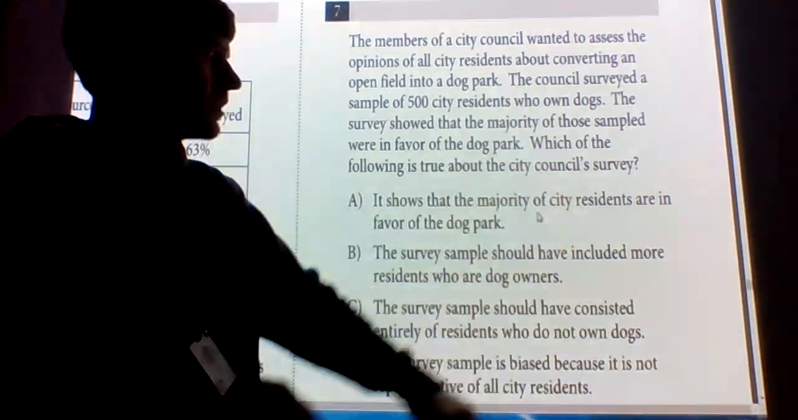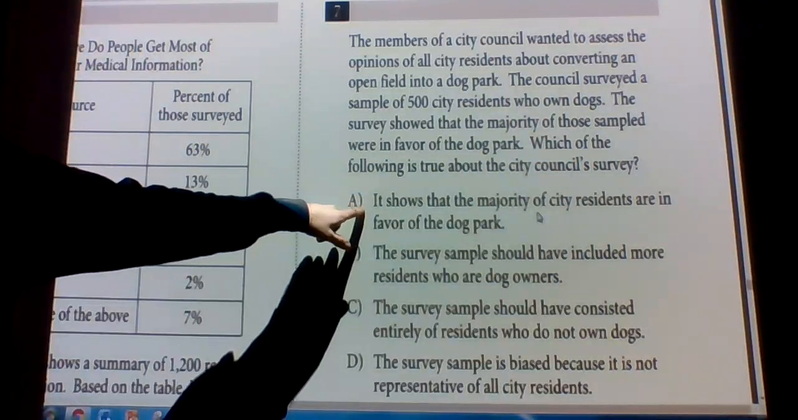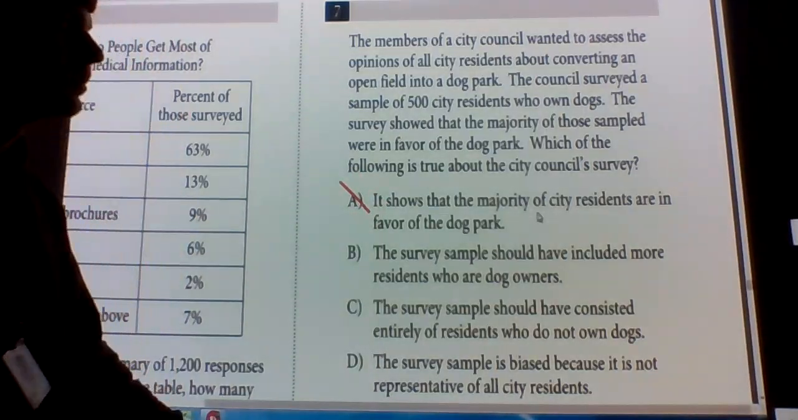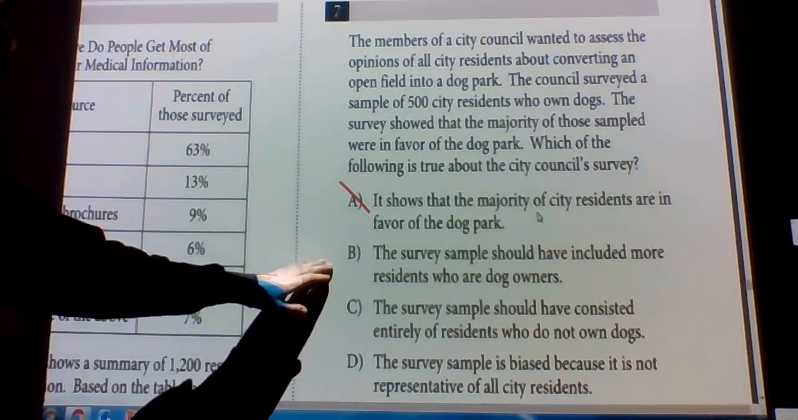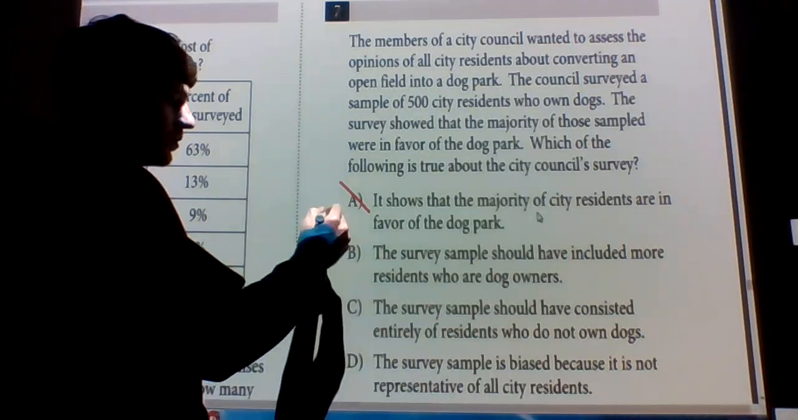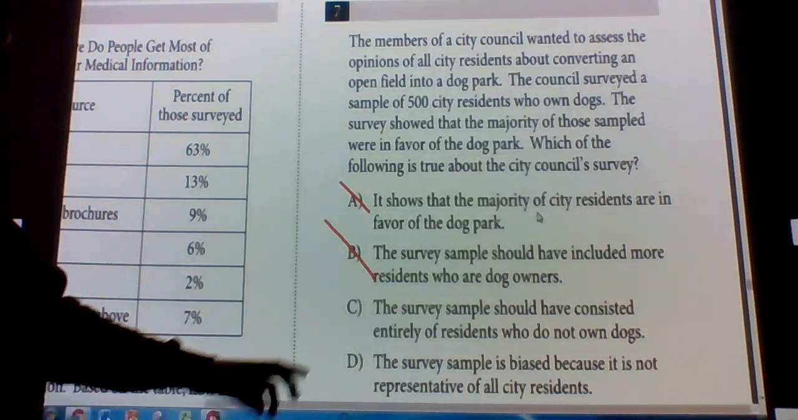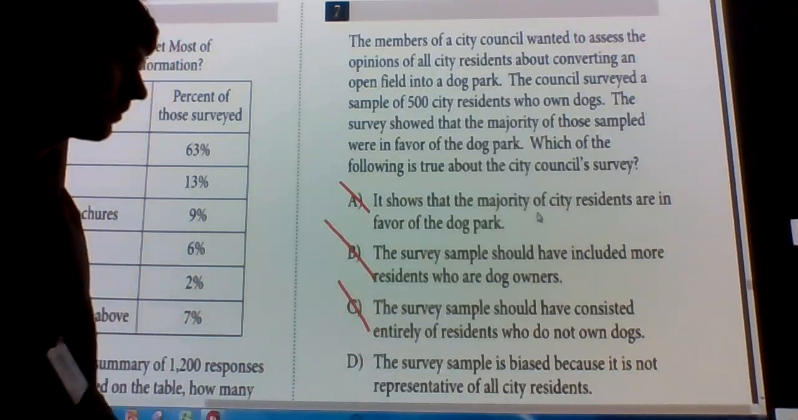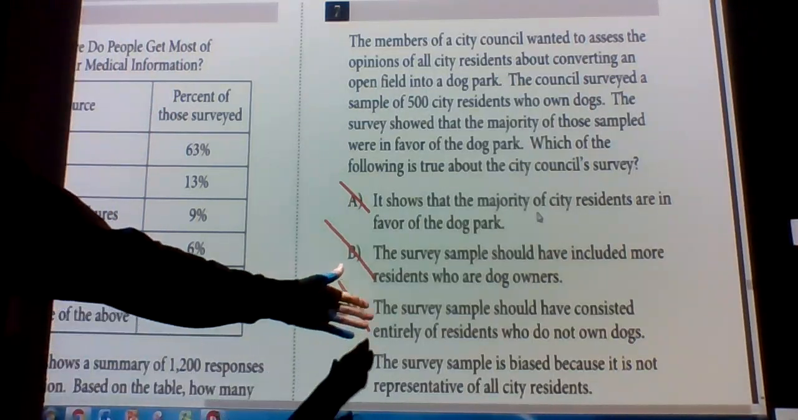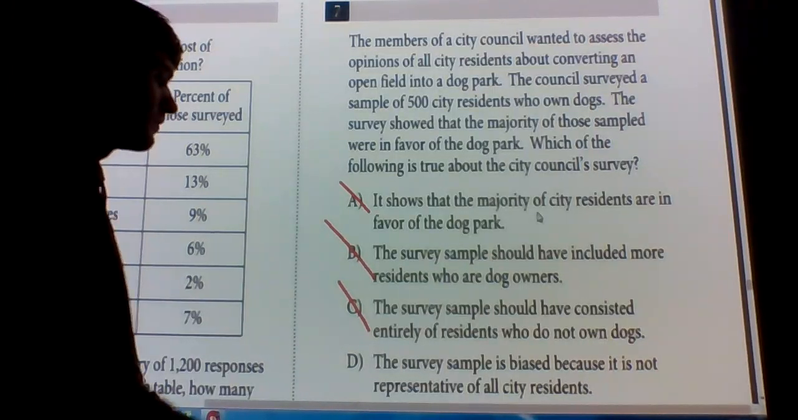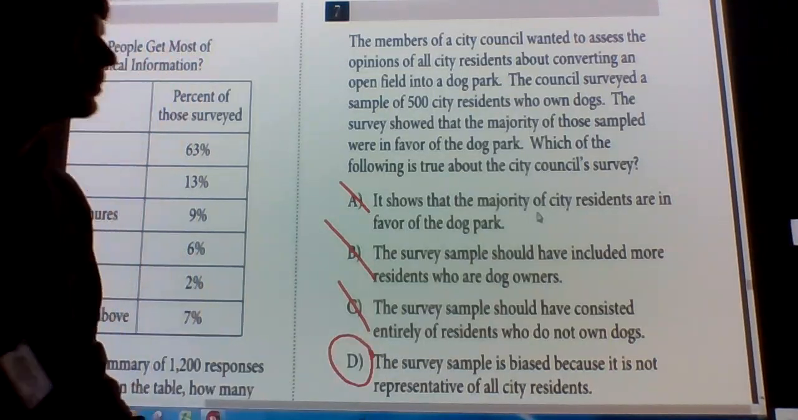Which of the following is true about the city council survey? It shows the majority of city residents are in favor of a dog park. No, right? Because it only shows that the people who own dogs are in favor of a dog park. The survey sample should have included more residents who are dog owners. No, they should have included people who are not dog owners. The survey sample should consist entirely of residents who do not own dogs. No, that doesn't seem like a fair sample. But I mean, maybe it should and would and could. I don't know. The survey sample is biased because it is not representative of all city residents. It's got to be D there. It does not include the people who do not